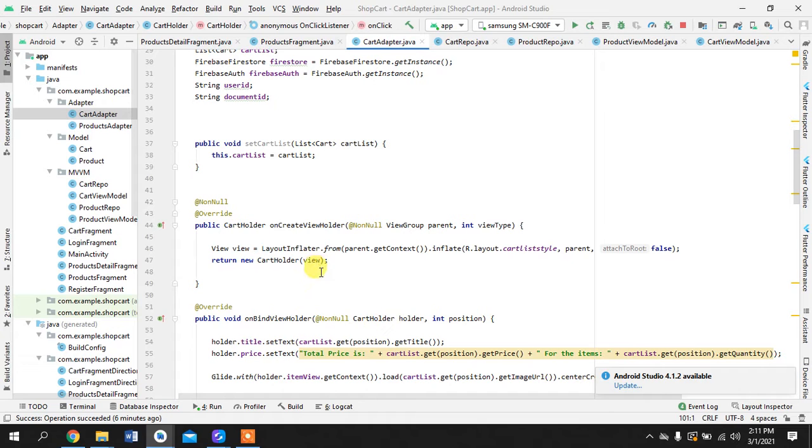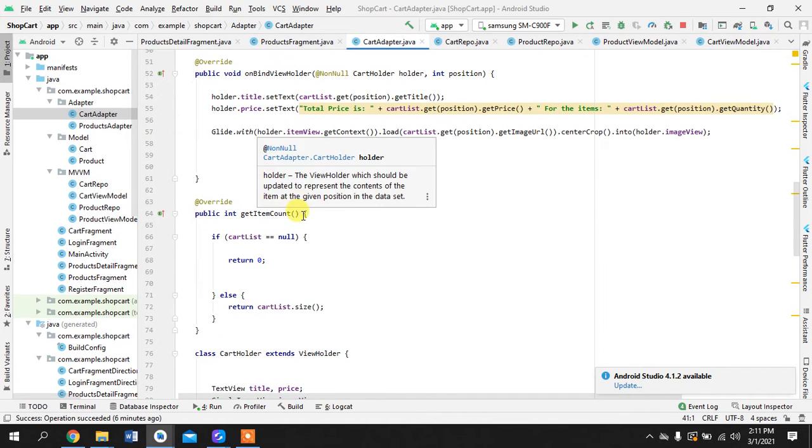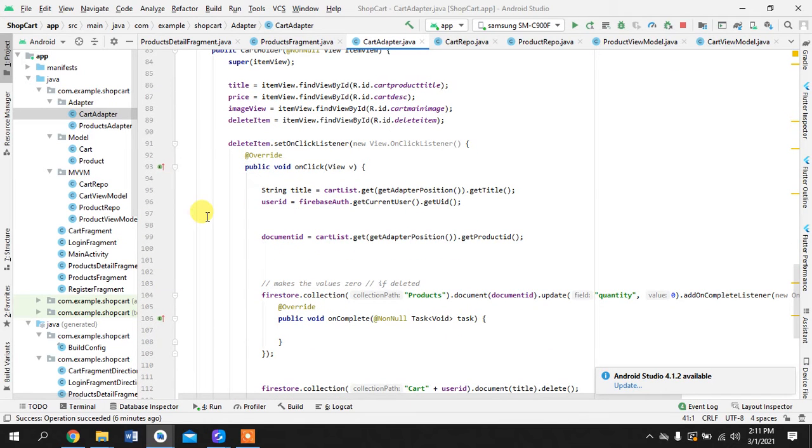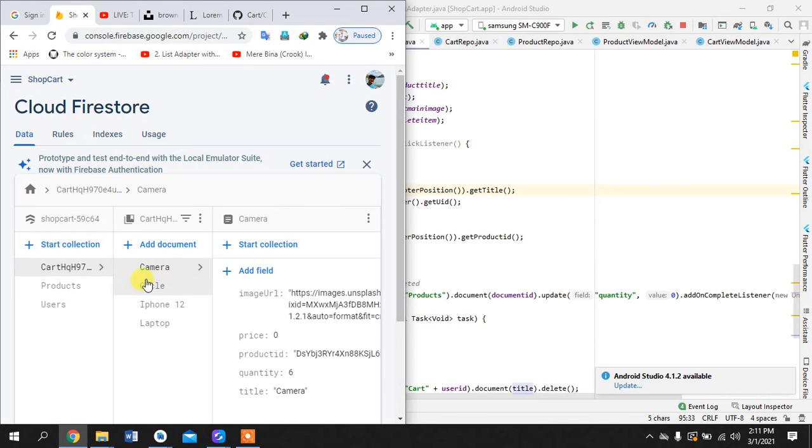Okay, so if you see here, this is simple as we have displayed the product, but here is something special happening. Once we click on the delete item, this is helping us to get the title. When I was telling you that I am storing the items in the cart list with the title, once you click on a specific item that needs to be deleted, this is happening here. This is the document ID, you can say,